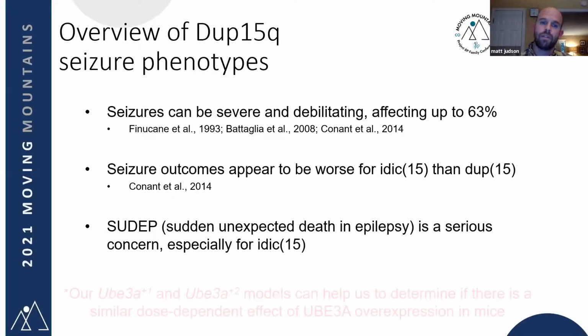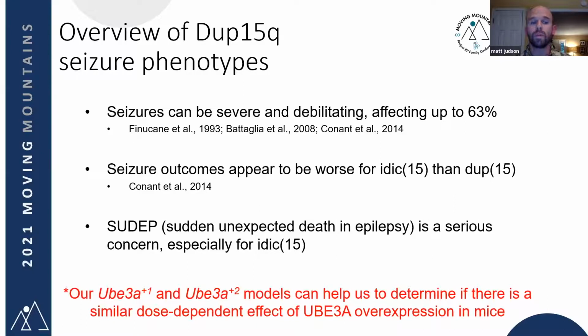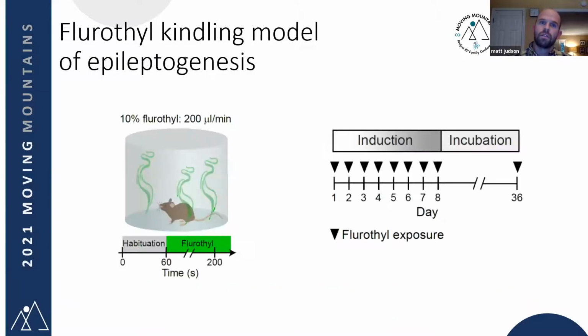So basically, we're hoping that we can leverage our UBE3A+1 and +2 models to help us determine if there's a similar dose-dependent effect of UBE3A overexpression in mice that mirrors what we're seeing clinically with respect to seizure phenotypes. So to explore this, we subjected both UBE3A+1 and +2 mice to the Flurothyl kindling model of epileptogenesis, which is